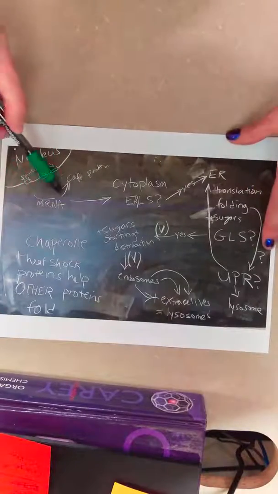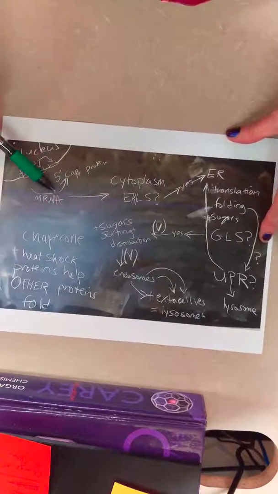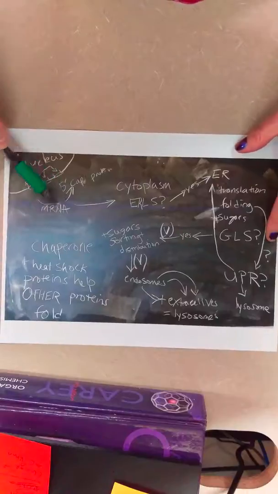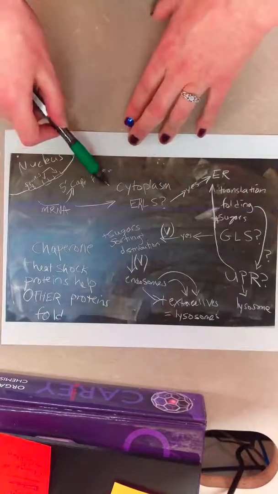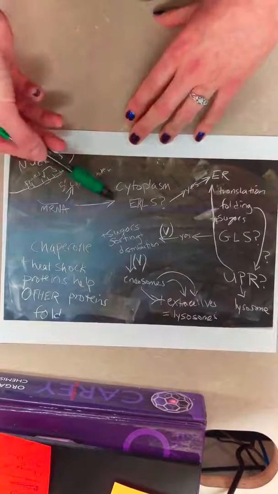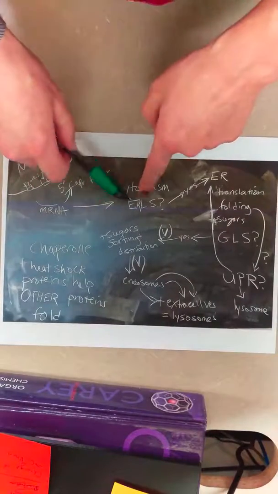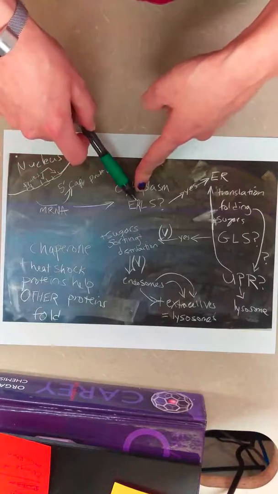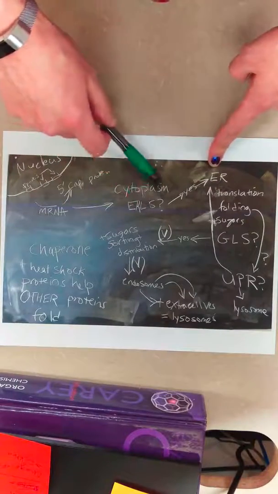So then we have the association of the mRNA with the small ribosomal subunit as well as methionine tRNA. If you don't remember the rest of the initiation process for translation, I suggest you go back and review that. And once we've started translation in the cytoplasm, if the mRNA encodes an endoplasmic reticulum localization sequence, then we're going to bring the entire complex over there